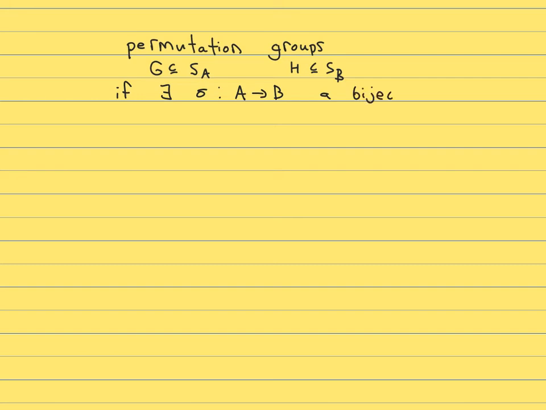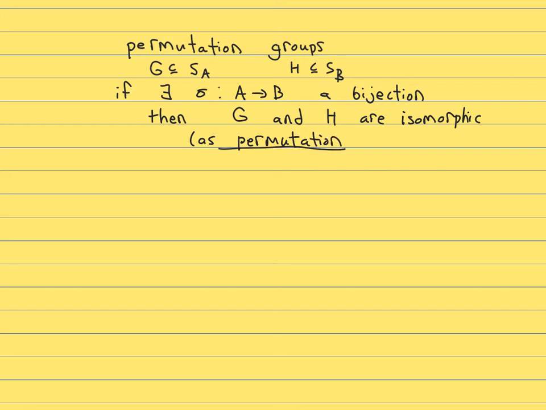So suppose you've got a bijection, then it should be possible to ask whether or not G and H are isomorphic as permutation groups. Note that's different than as groups. Why? Because in this case, you're actually keeping track of the fact that they're permutations of a set. And so what would be the feature you'd want? Well, you would certainly want that for all pi in SA,